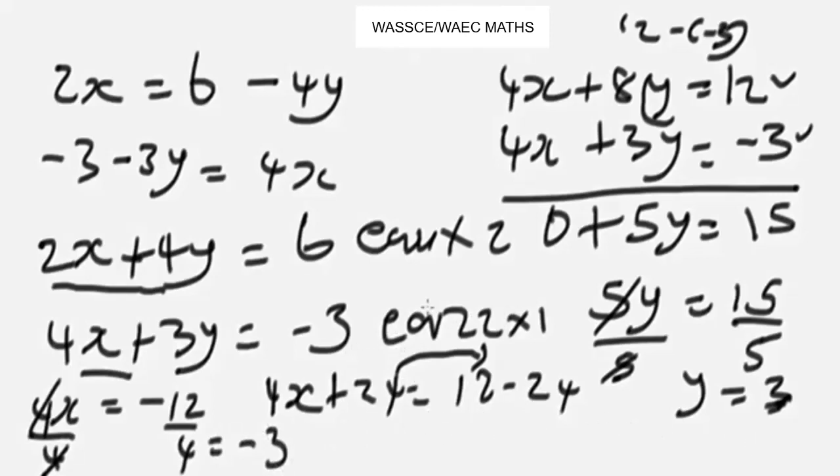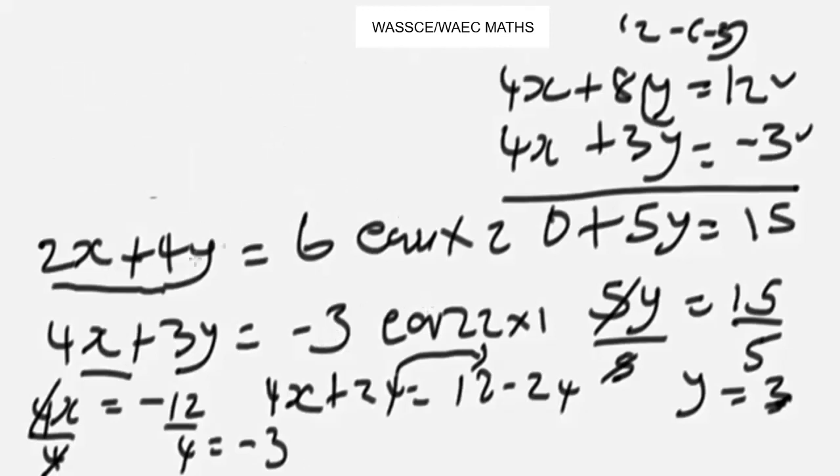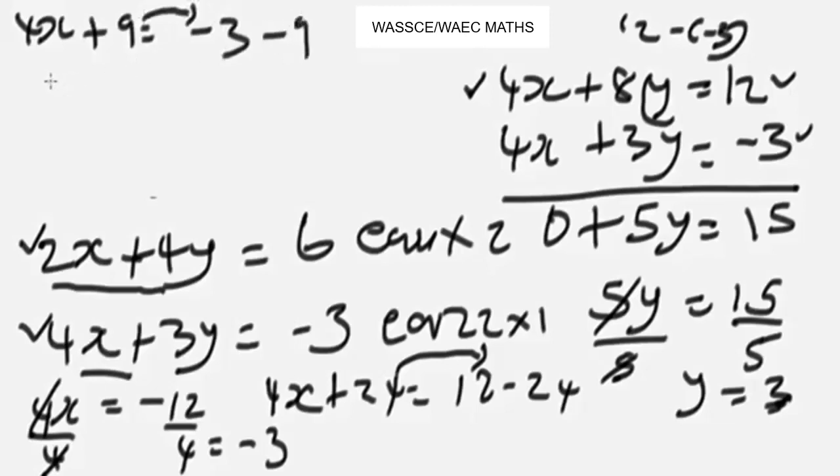Okay, now another way you can do this, let me wipe some parts of this solution. You can also plug y into equation 1 or equation 2 and still get -3 as the output of x. But let's take each and every one of them. Let's take this second one. We are going to have 4x plus 3 times 3, which gives us 9, equals -3. So this 9 crosses the equality sign and changes to -9. So we have 4x equals -3 minus 9, which gives us -12. Divide both sides by 4 to get the same output. x will still be